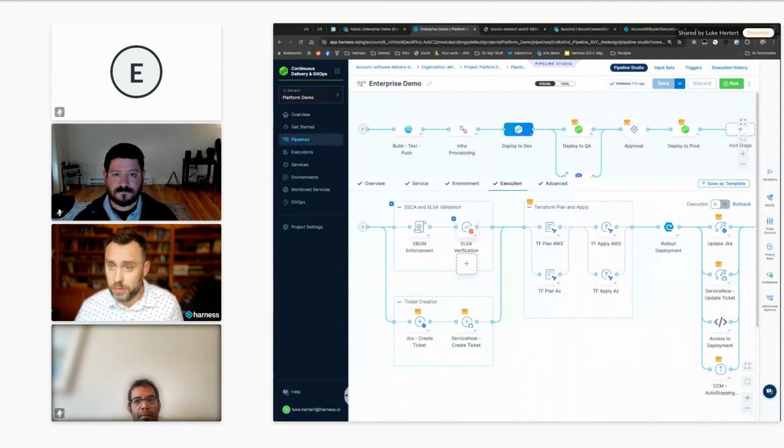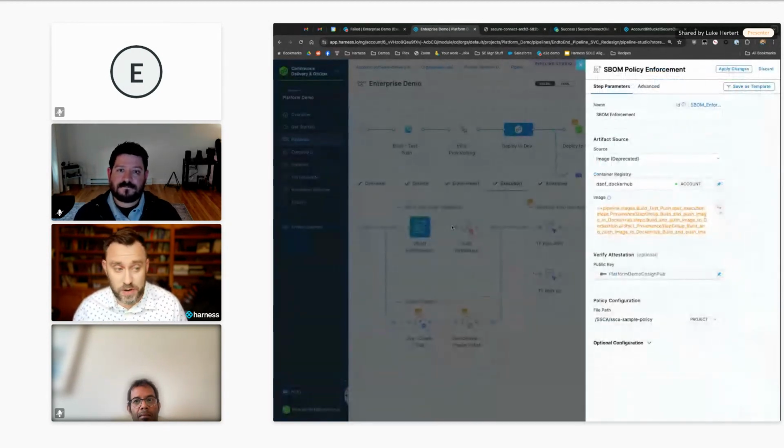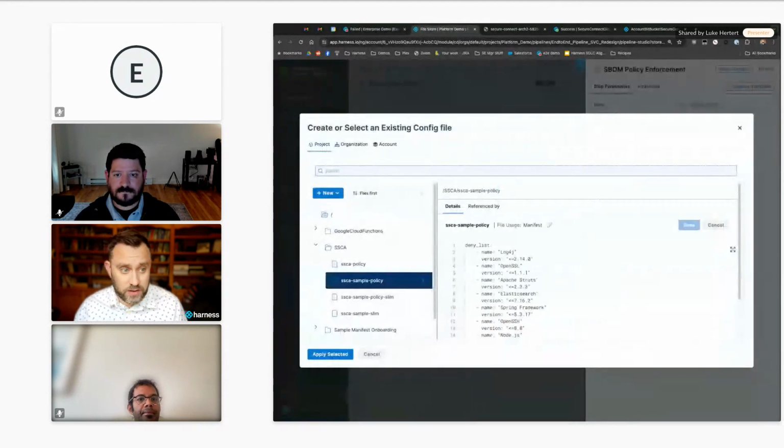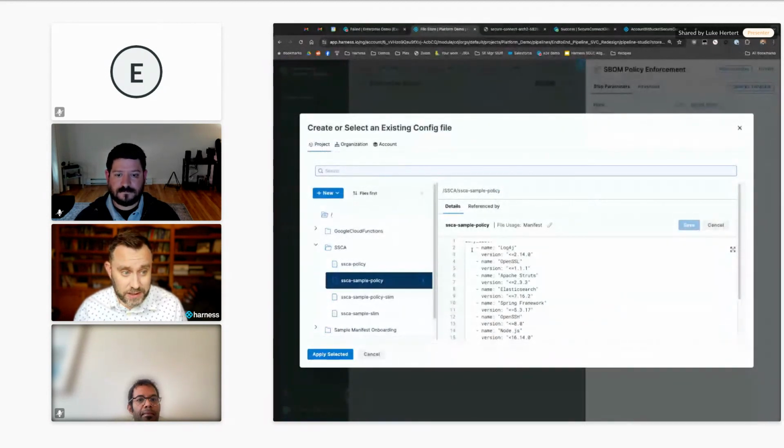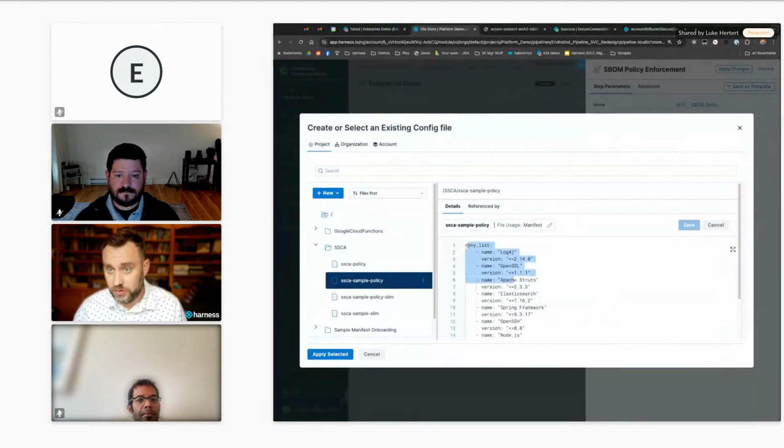You can do this at the Kubernetes level, but you also can do this at the pipeline level for non-Kubernetes types of deployments, including Kubernetes deployments, but also non-Kubernetes deployments. So this is where you can write your own policy. Here's an example policy that's denying a whole bunch of open source libraries and dependencies. So you cannot do a deployment with any artifact that contains log4j version under 2.14.0, for example. It will reject and fail this pipeline.